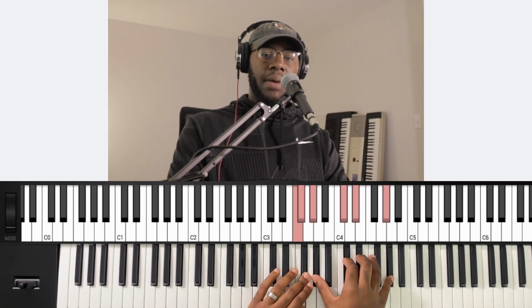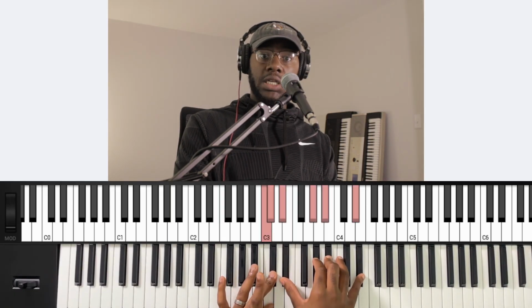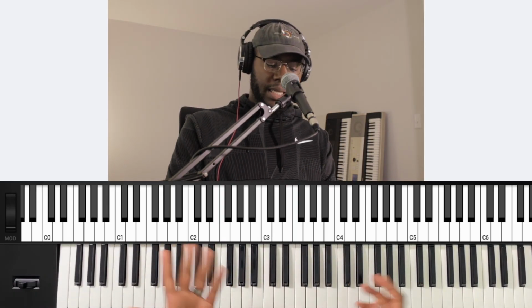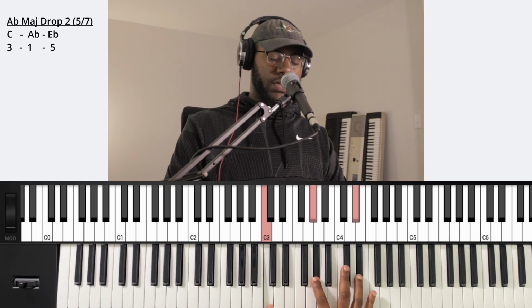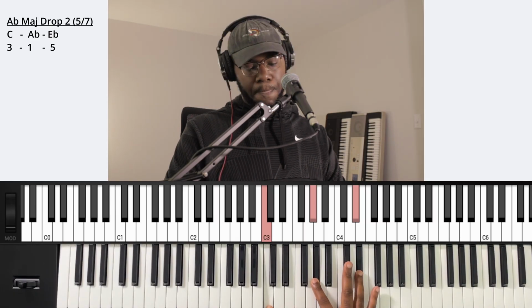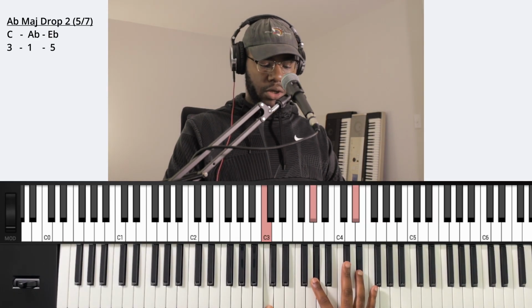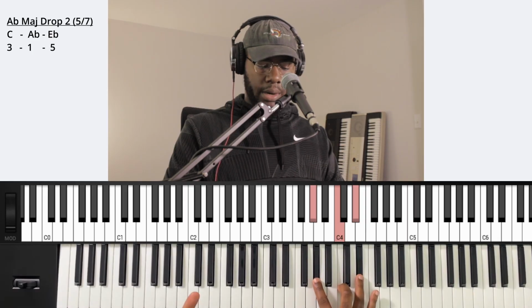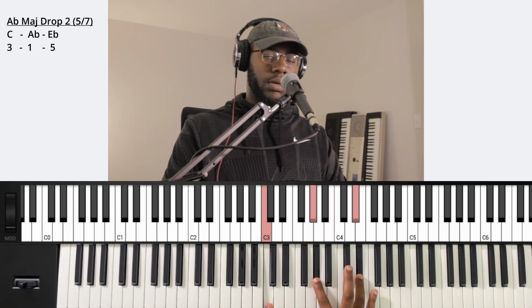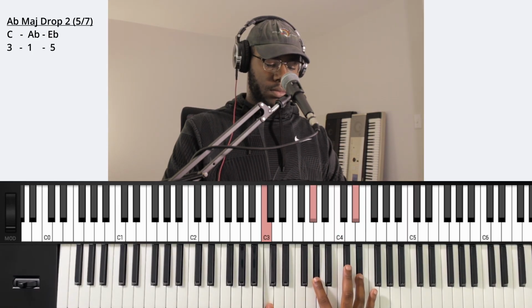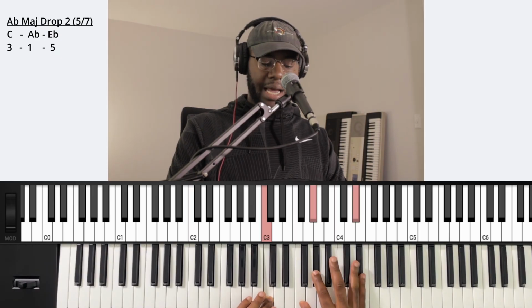So I'm doing this for my 1/3, and this is my sus2, sus4 chord for my 5/7. Let's look at it. So here's our 5/7 or our 7 chord, drop 2, right? It's our A flat major chord, right? A flat major, dropping the second highest note in the bass. And then what we can do is add our 2,